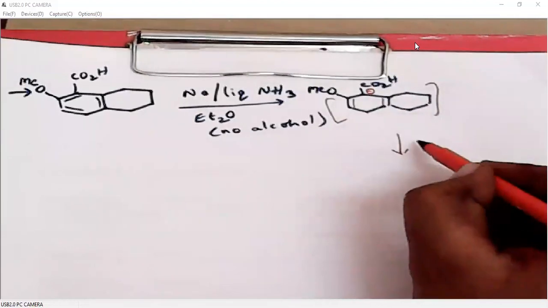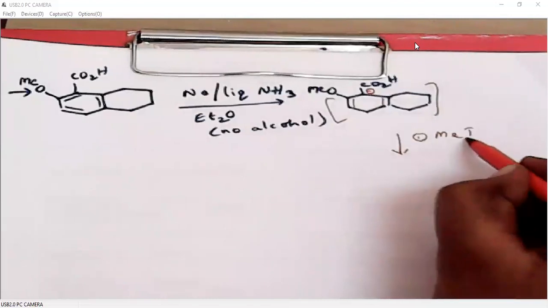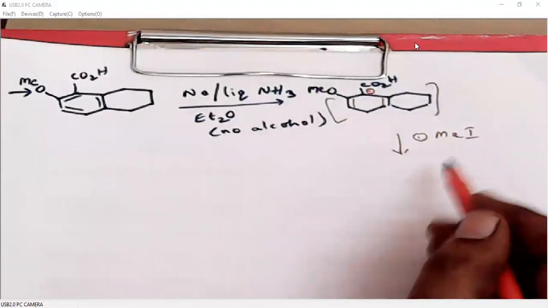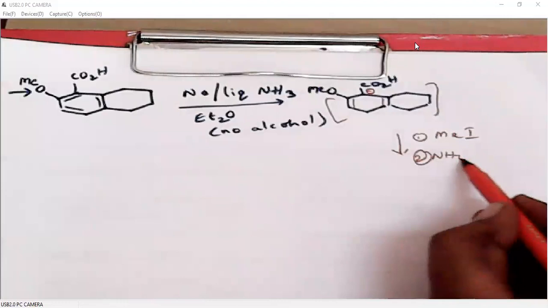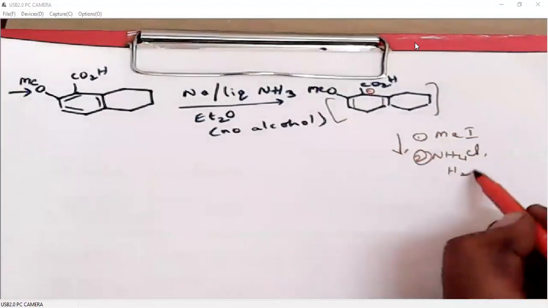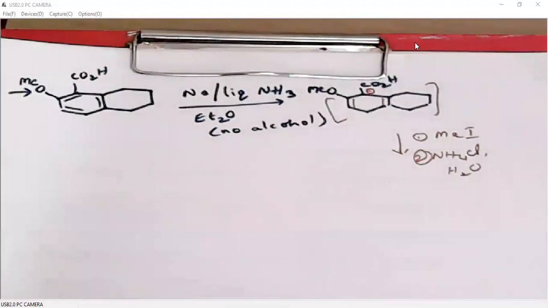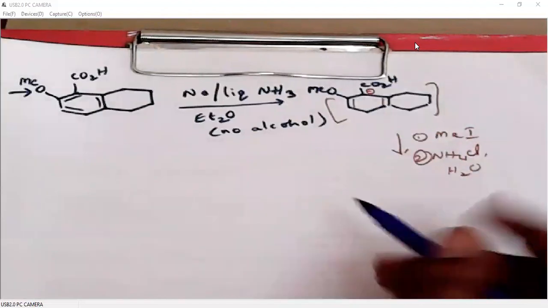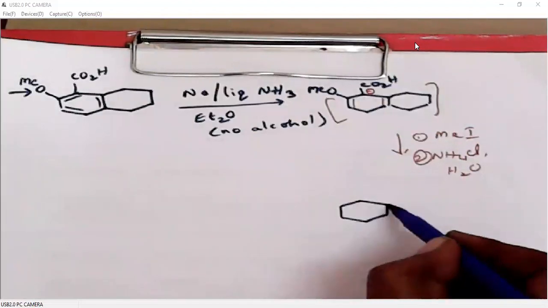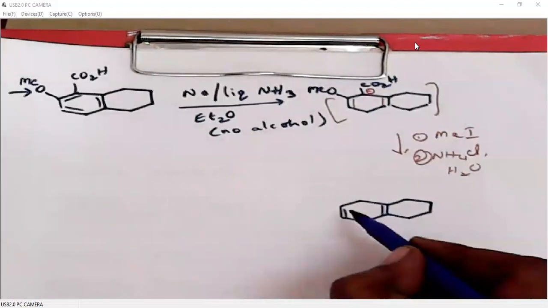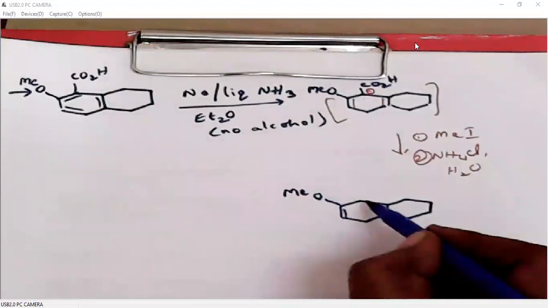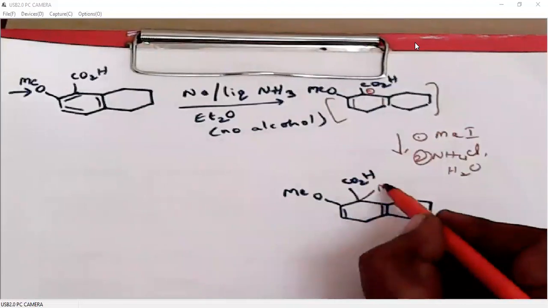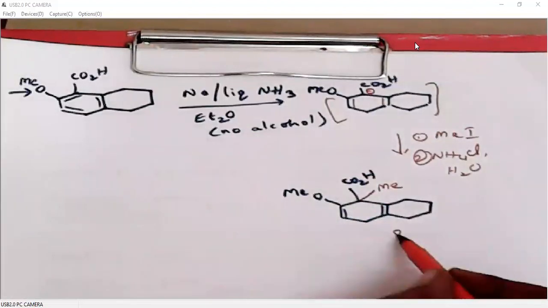Now when we add some electrophile like an alkylating agent or carbonyl compounds, this anion will react with it. And finally we will quench this reaction using ammonium chloride. So the product here is an alkylation. The minus charge will attack on methyl, and iodide will be a good leaving group. So not only just reduction, we can also do alkylation if we want. This is the product. Yeah, take the notes.